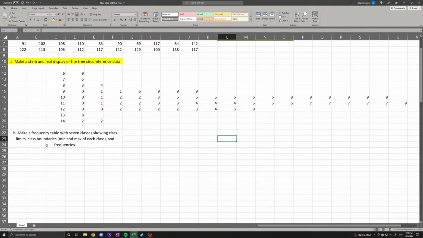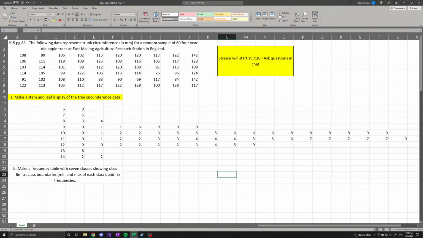Okay, so part B says make a frequency table with 7 classes showing class limits, class boundaries, min and max, and the frequencies. Okay, so the first thing we need to do,